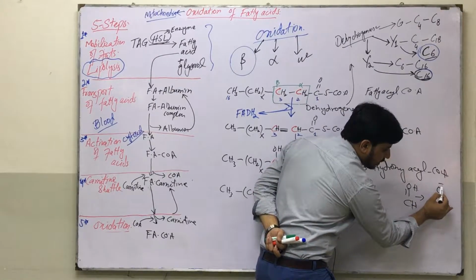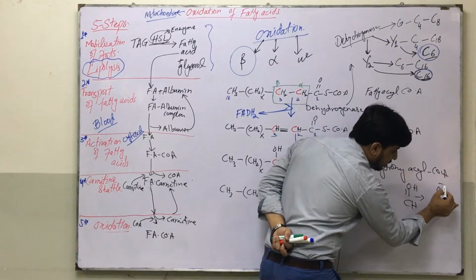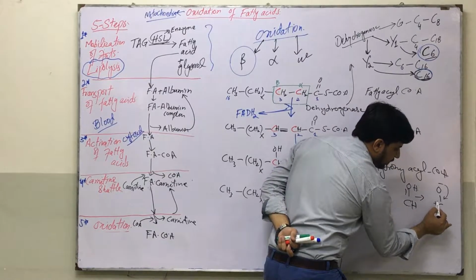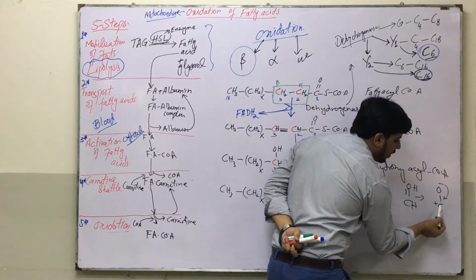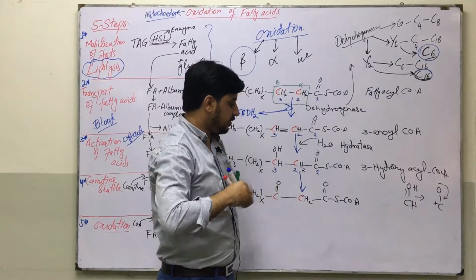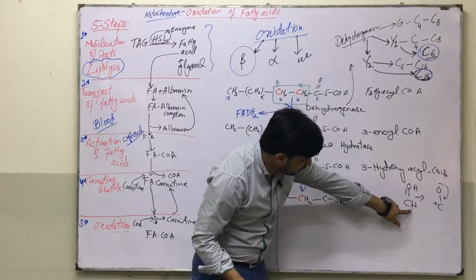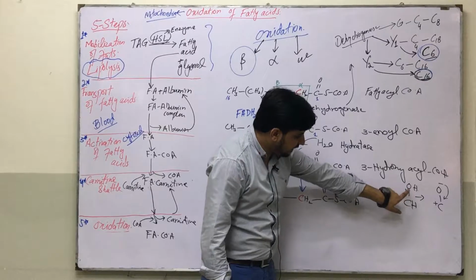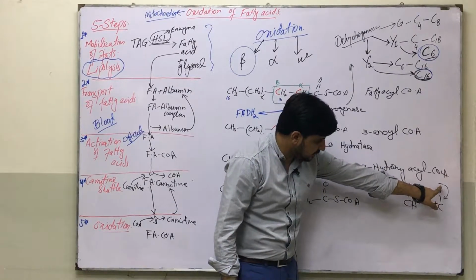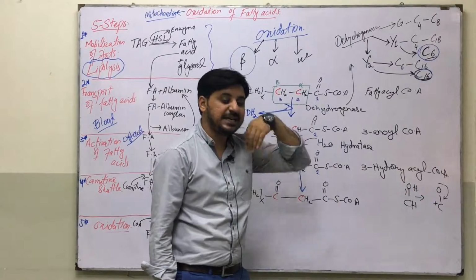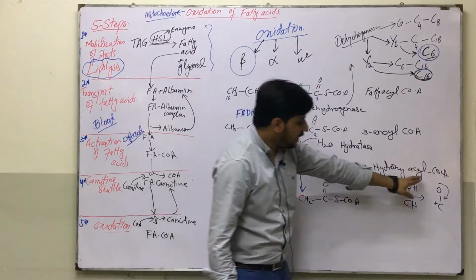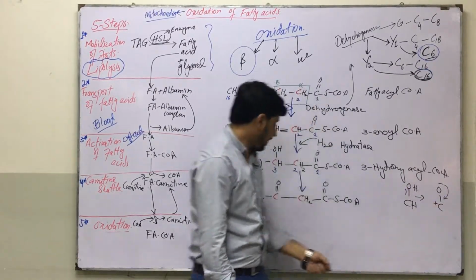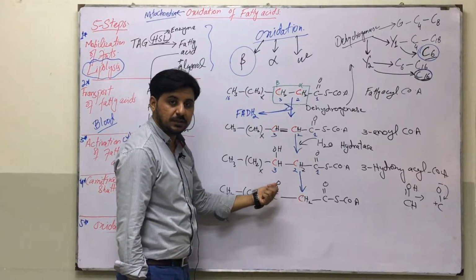Now, this extra electron which is showing the negative charge will be shared by the oxygen to neutralize the partial positivity of this carbon. Once again, listen to me: when this hydrogen leaves, it will have a partial positive charge. When this oxygen shares its electron, which is in the form of negative charge, toward the carbon, there will be formation of a double bond, as you can see over here.